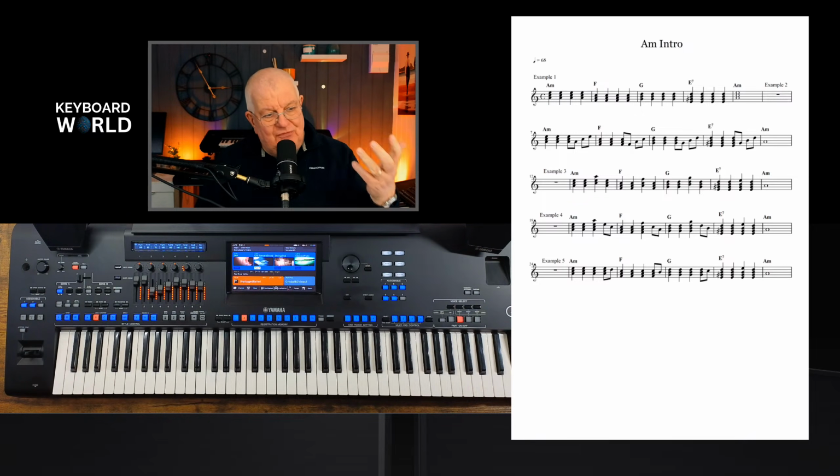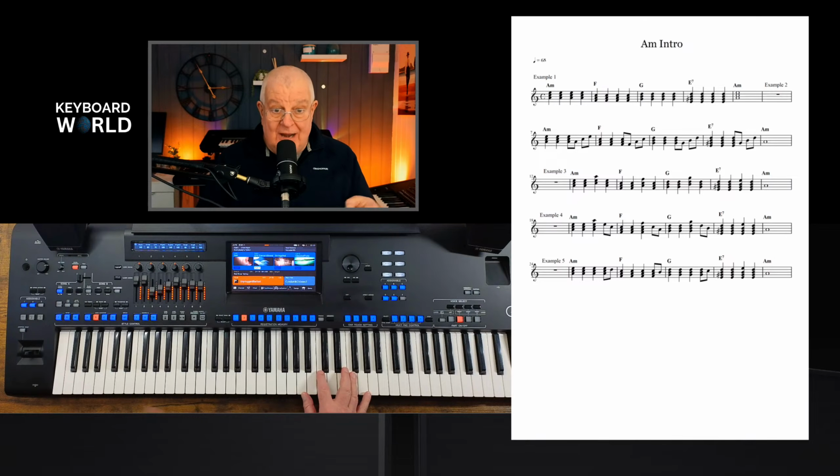In example 4, now we're using a touch of both of the techniques we've just used. Let's take the A minor here. We're doing 2 A minors, as we've done. We're doing the octave above, then 2 notes, which are just chord notes, F,